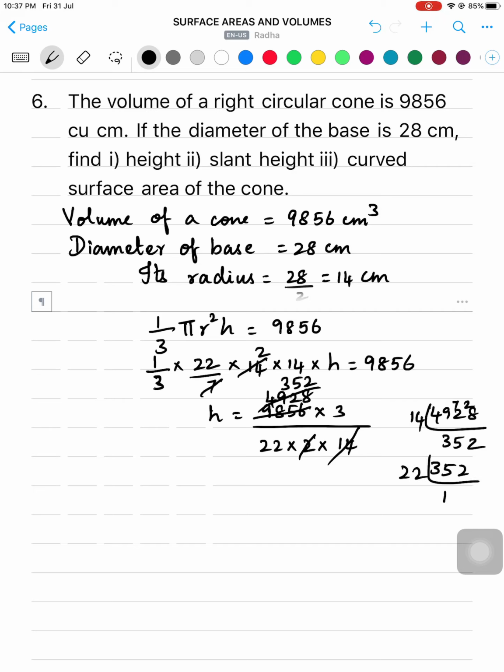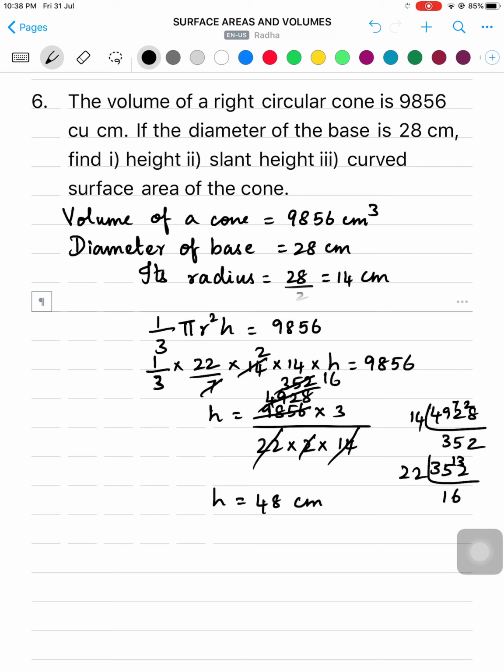22 ones are 22, remainder is 13, 22 6s are 132. So 22 ones are 22, and this is 16 times. So h is equal to 48 centimeters. Is it clear, children? So what I did, 1 by 3 pi r square h is given as 9856, that